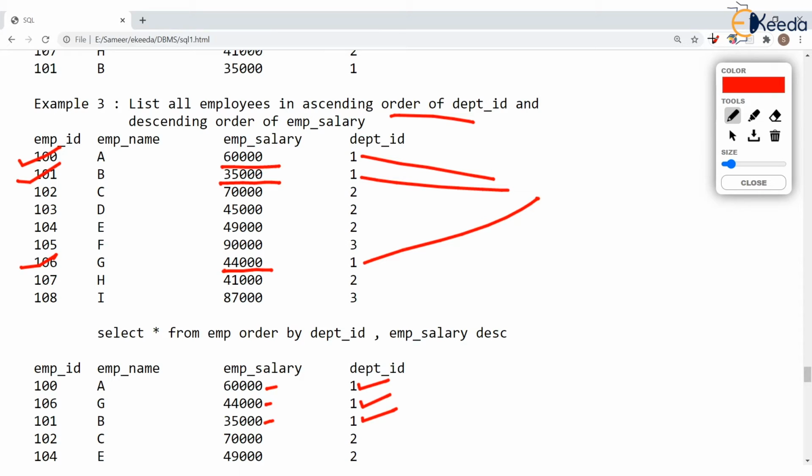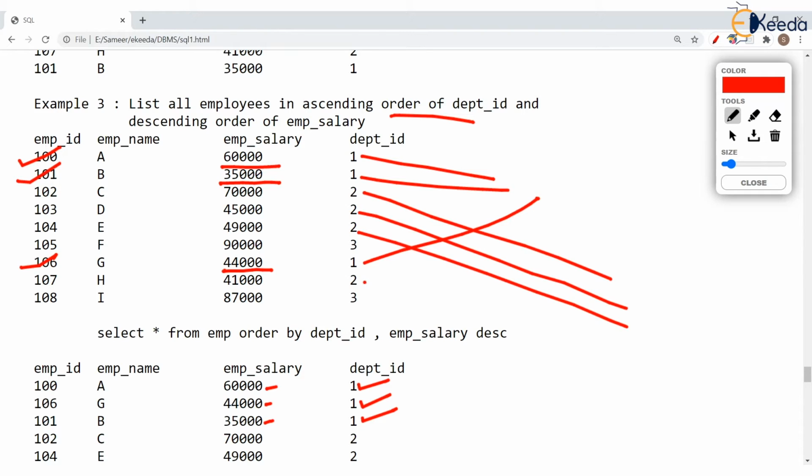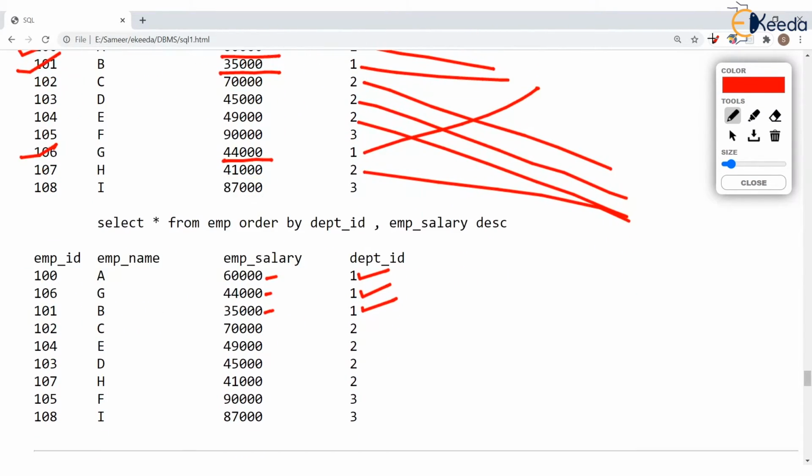Same way, if you take department number 2, these are the people from department number 2, correct? 4 people from department number 2. Now, all these should be shown next to each other, but within them, the person who earns maximum salary should be shown first. So I suppose it should be 70,000. This person 102, as you see. Yes, confirm the output. 102 has the highest salary in department number 2. This is in decreasing order of salary within that department number 2. Same happens with department number 3.